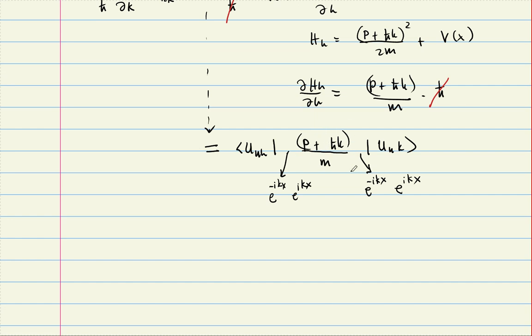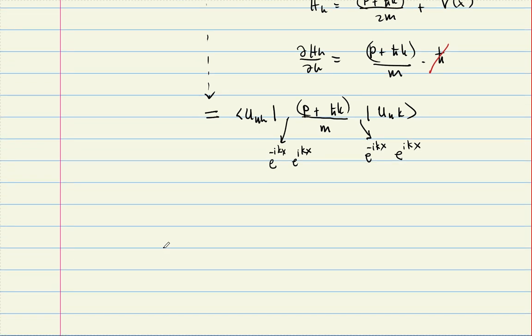Any function of p is going to behave exactly the same. But let me write it, not to confuse anyone. So this p plus h bar k acting on e to the minus i kx, u n k, e to the i kx. I divided it into piece number 1 and piece number 2, and the way it's going to act is going to be